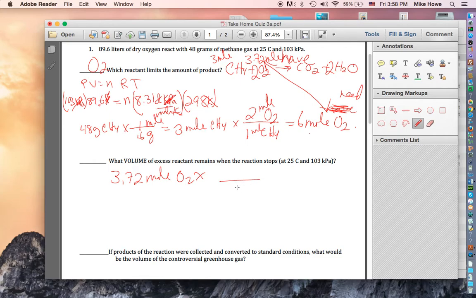So the number of moles of methane would be, oxygen on the bottom, methane on the top. It's a 1-to-2 ratio, so 1 mole for every 2 moles. So 3.72 divided by 2 is